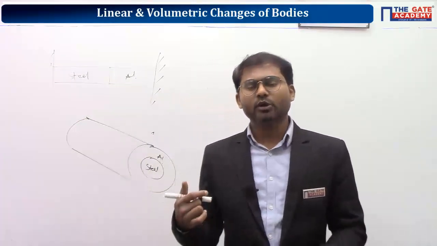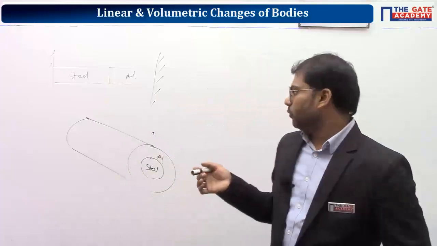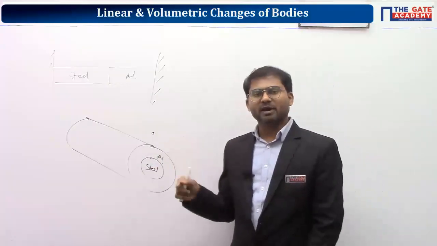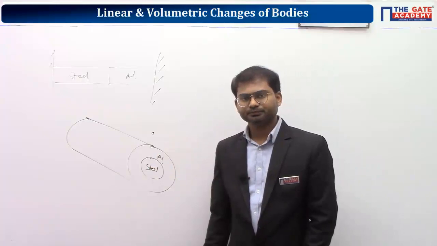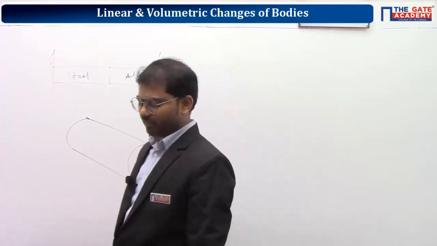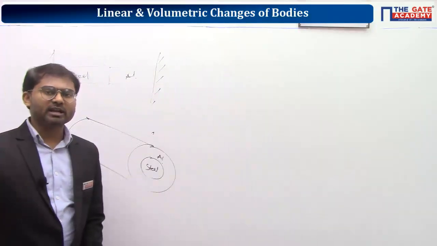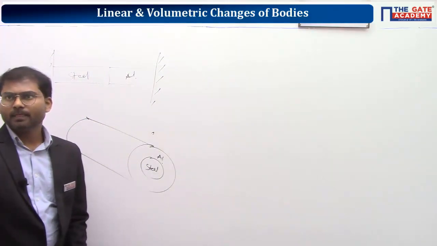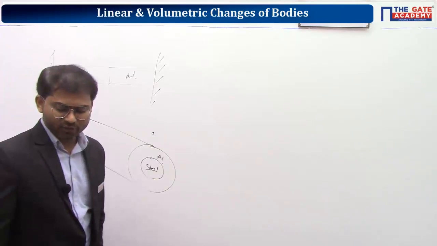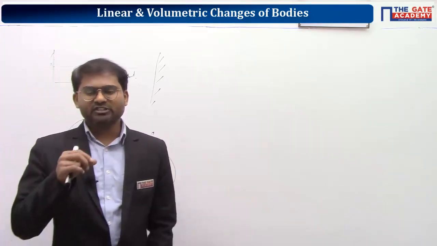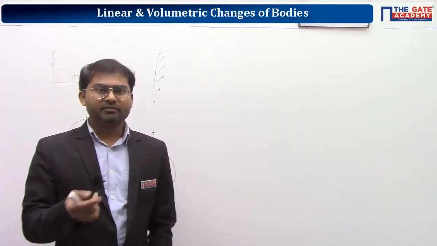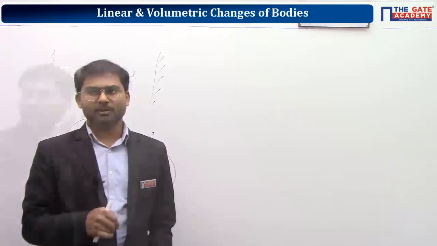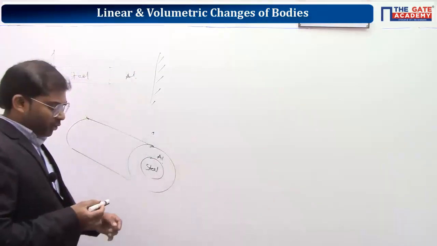Here we are going to take an assembly, that's why both should elongate or get compressed by the same value. Clear? That's the requirement here. Whenever you are assembling two materials to make a composite bar, the whole bar should elongate by the same value. Yes, exactly, Sanjay, very good. So how is it possible? First of all, we should assemble in such a way that we can make it possible. Okay, fine. So let me go ahead.